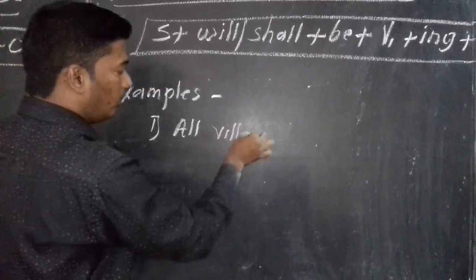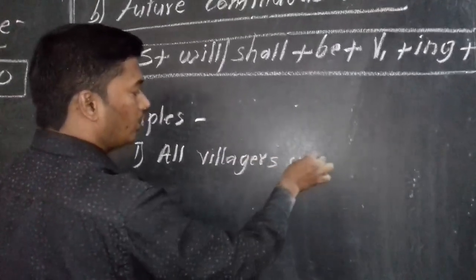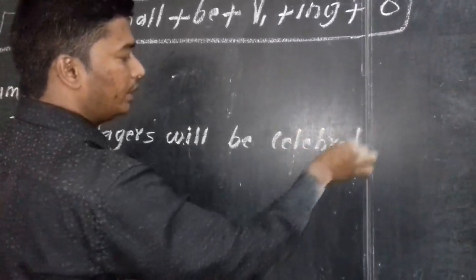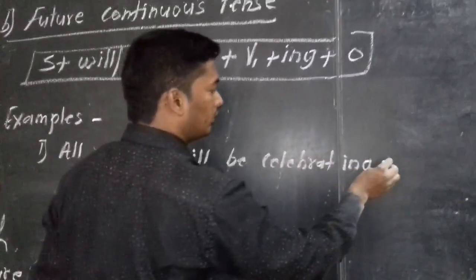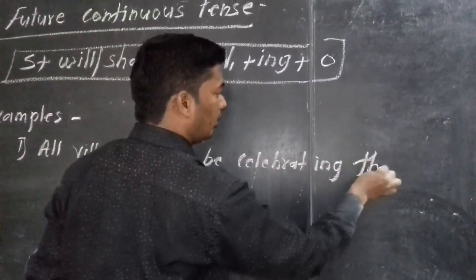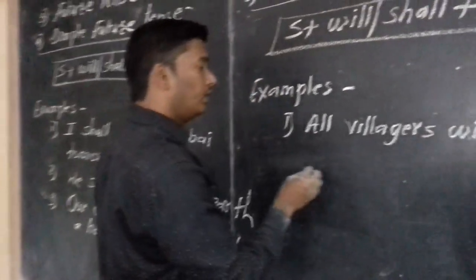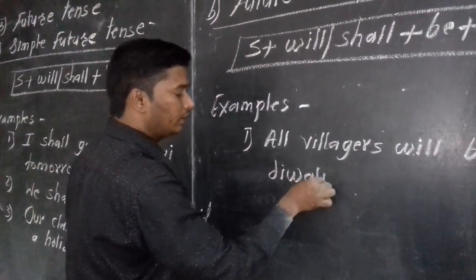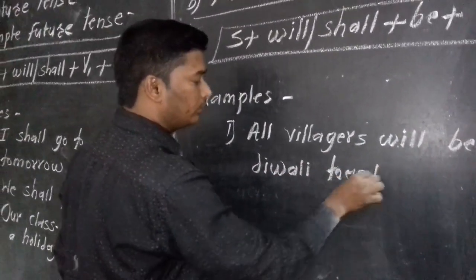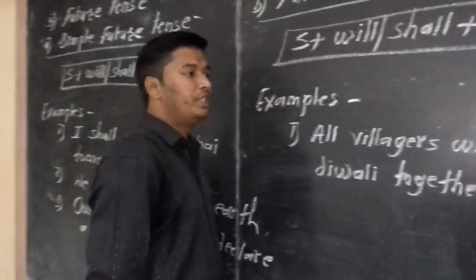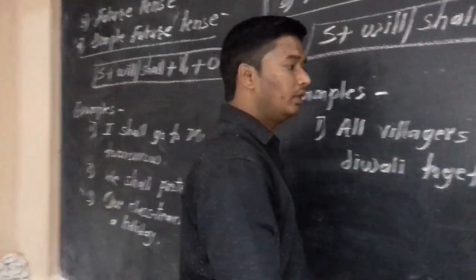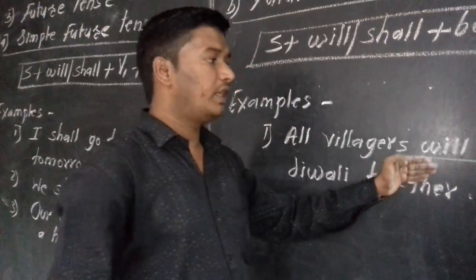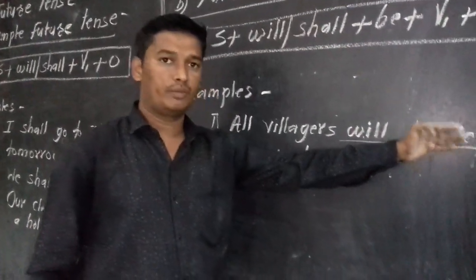All villagers will be celebrating the Diwali together. Will be celebrating. Look, this auxiliary and this continuous one. Now next,